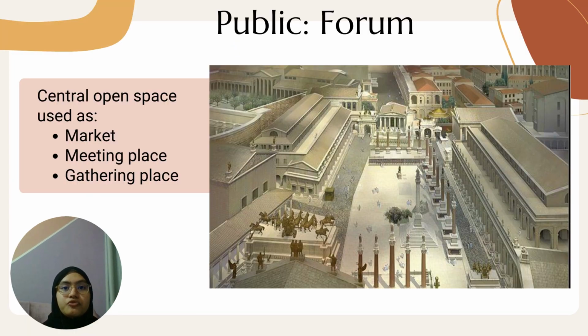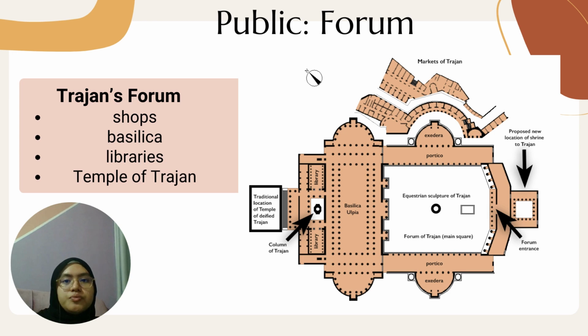Firstly, the public building, forum. Forum was a central open space for meeting, market, and gathering for political discussion or demonstration. It is a central city location that is used for communicating ideas and news. So it was comprised of several public buildings, which include markets, courts, jails, and government facilities. Forums were also built by the emperors as monuments to themselves, not for additional civic space.